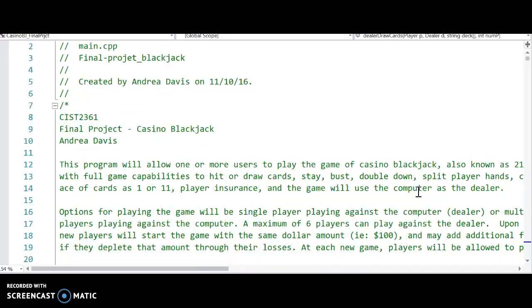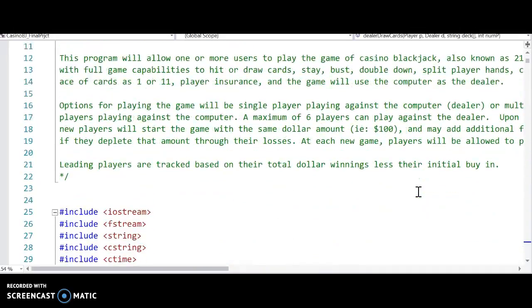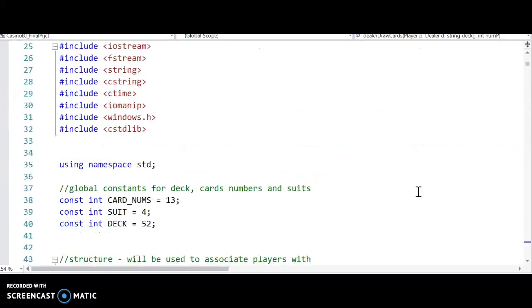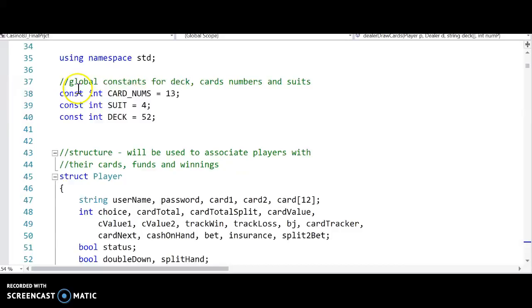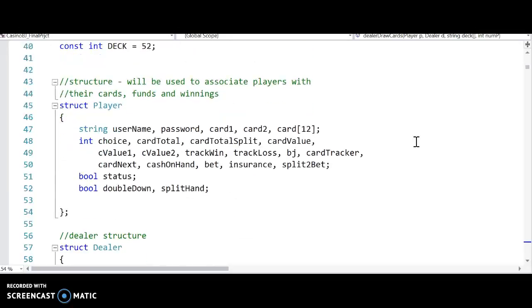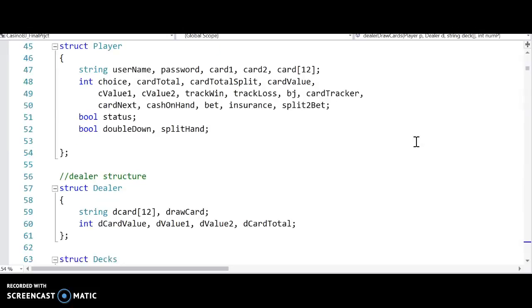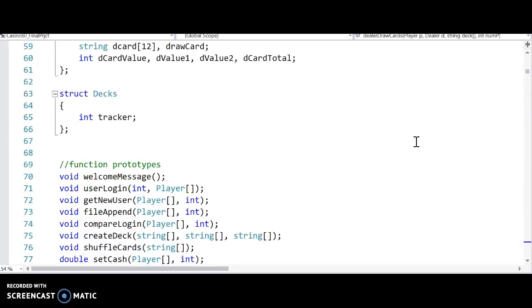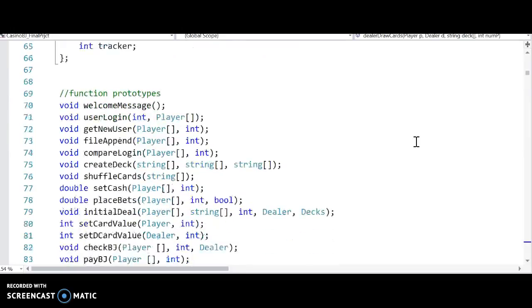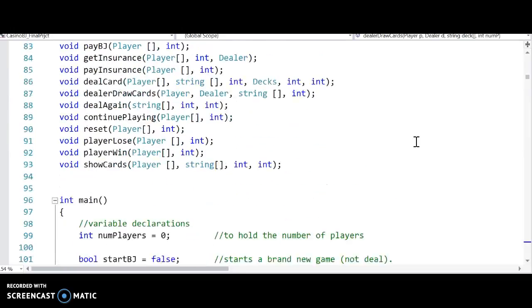My name is Andrea Davis, and just to go over a few things with my game, I've used a few global constants for the card numbers, the suit, and the deck. And I included structures for my players, for the dealer, and for the deck to track the deck as the cards were being dealt. Of course, there's tons of functions,